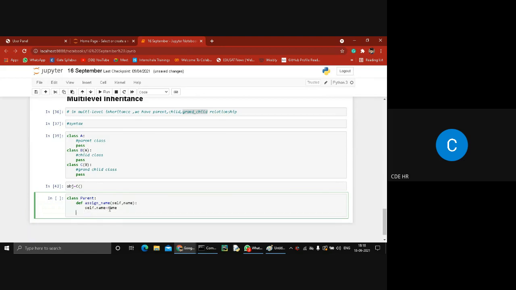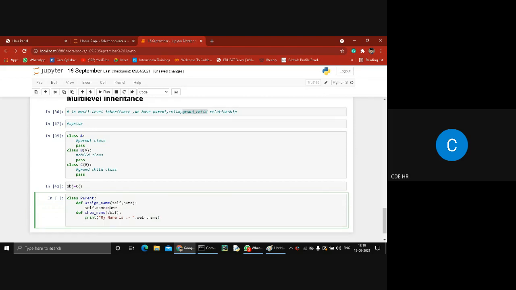And again, we have to create another function, show name, which contains only one argument. It's nothing, but it is big. Print "My name is" self.name.